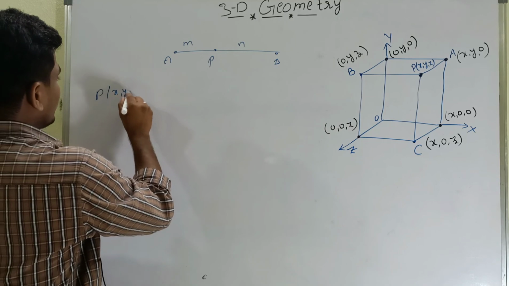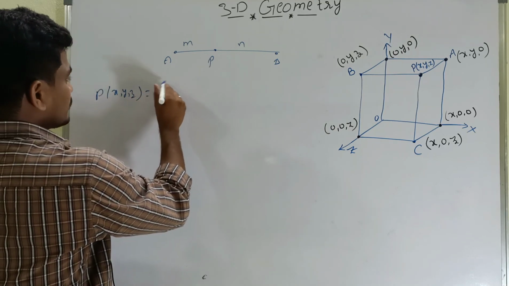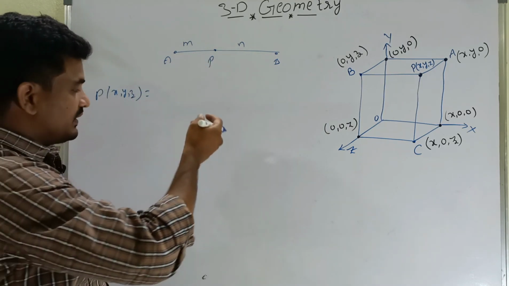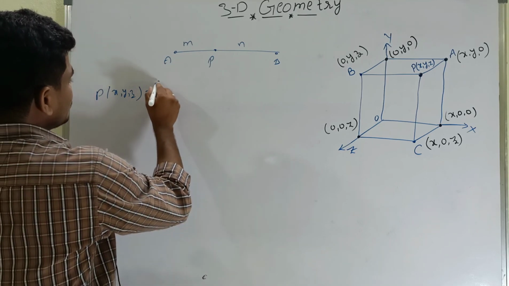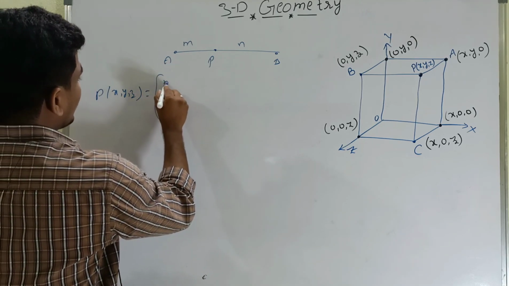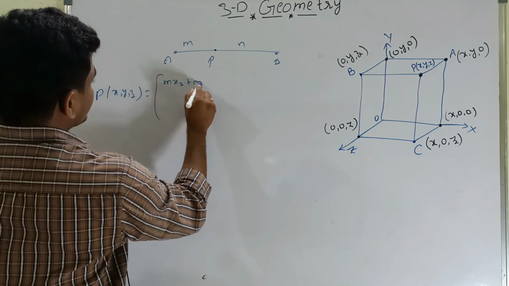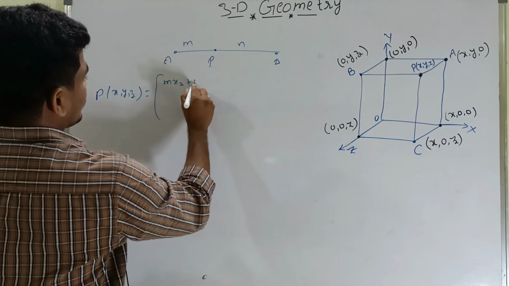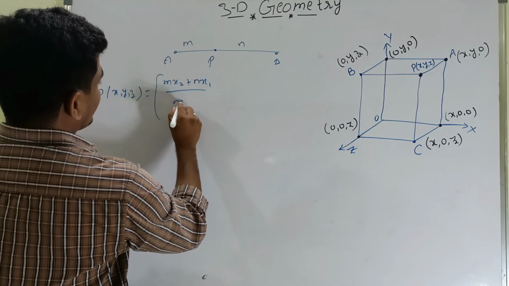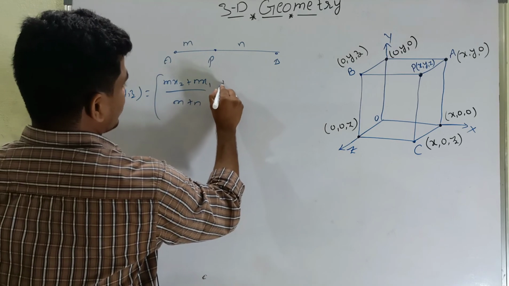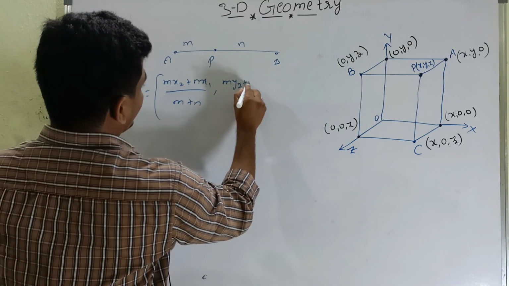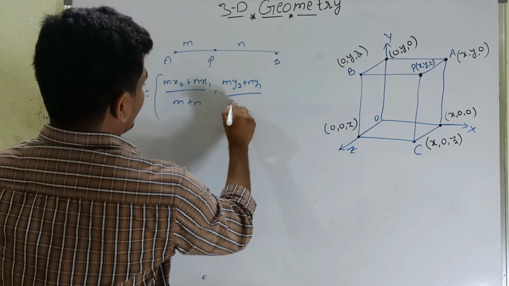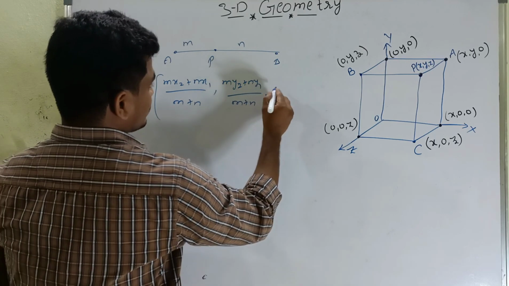P (x, y, z) equals, to find the point P, we have to use this formula: (mx2 plus nx1) by (m plus n), (my2 plus ny1) by (m plus n),